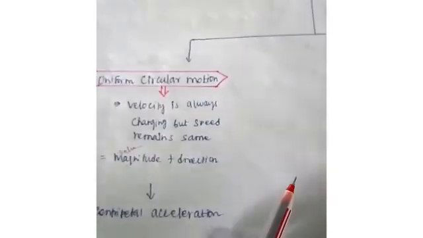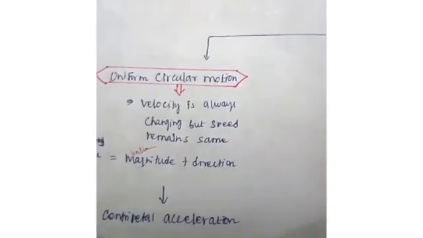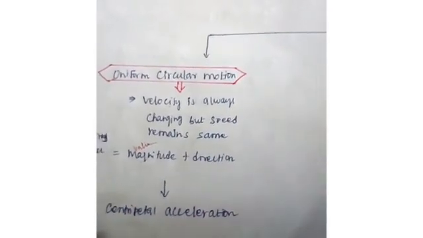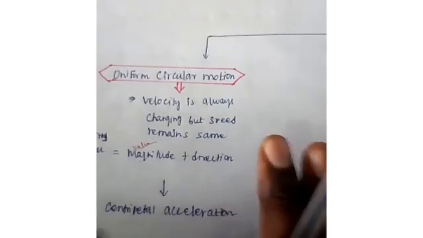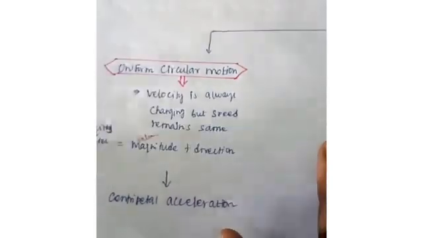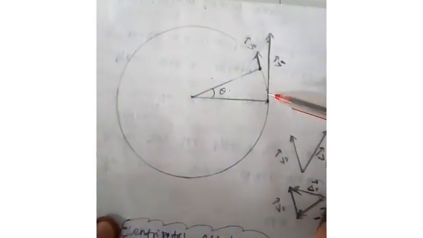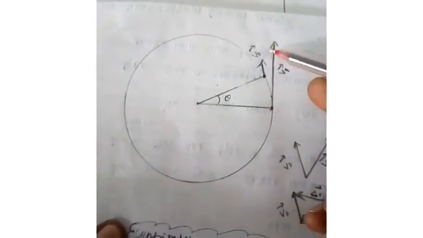Next one is centripetal acceleration. What is centripetal acceleration? Centripetal acceleration is nothing but, during circular motion, the acceleration towards the center. That type of acceleration is called centripetal acceleration. How will you show that? In a circular motion, select any two points of a velocity direction.